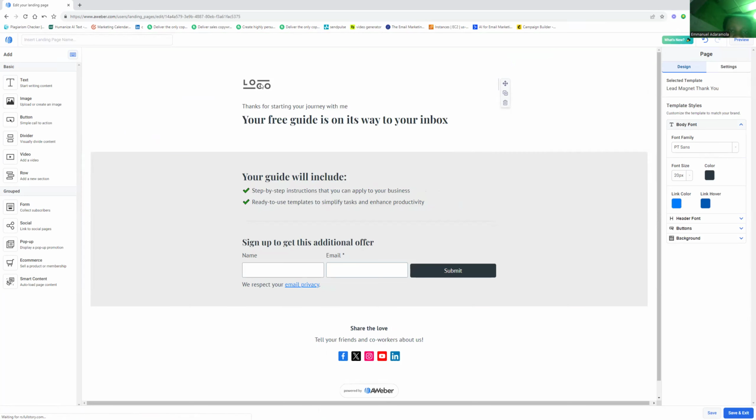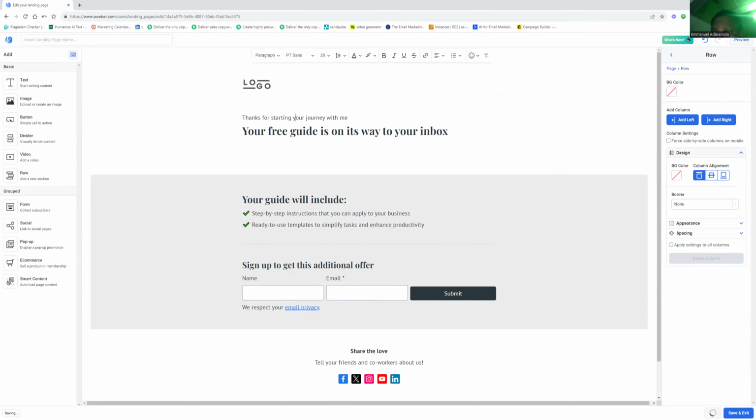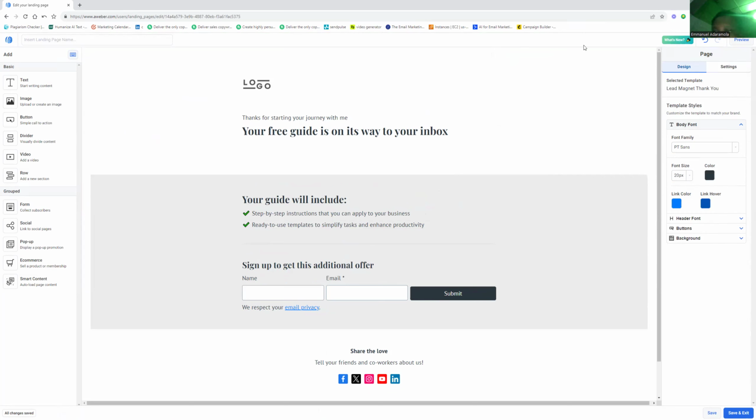Can you see we have the logo here? Let me bring this one down. So now we have this logo. We have the logo here. Can you see? Now, firstly,